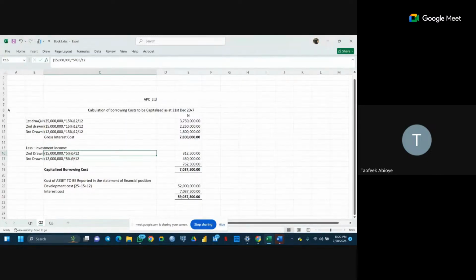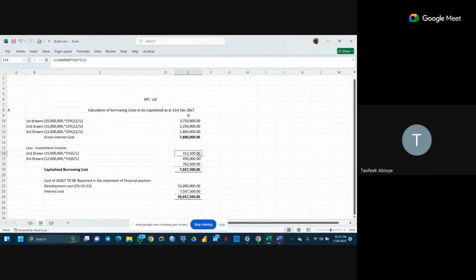When they withdraw this first one, as at 1st of January, they have the remaining funds in their short-term investment, which lasts until 31st of May, which is from 1st of January to 31st of May. That is 5 months period of time. So they will earn an investment income of 5% for 5 months. So that is how we come about this 500,000 inflow here.